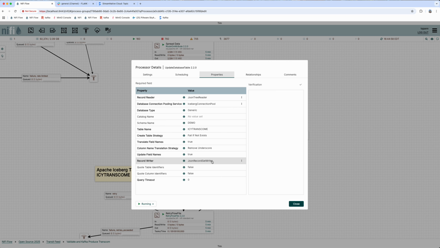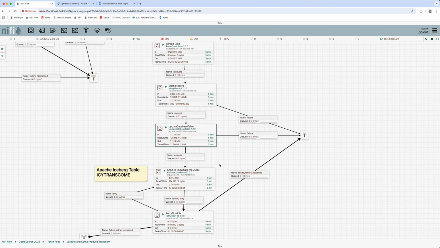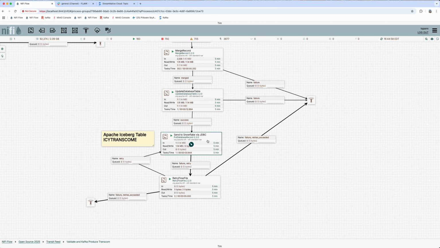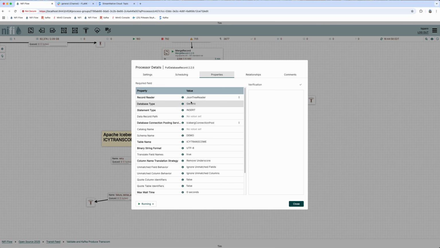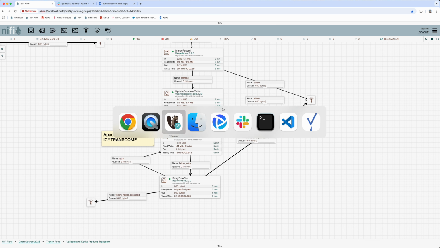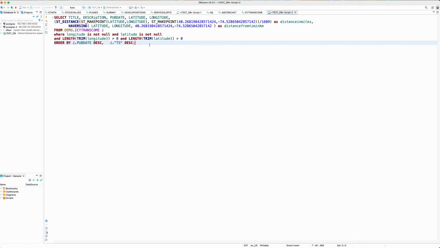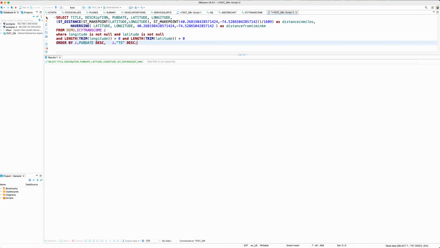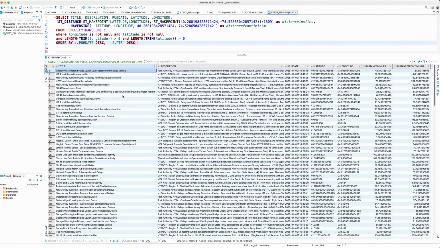And as you can see here, nothing's hard-coded, no SQL. It just reads in the JSON, prepares it as inserts, and then in the next step, does the insert into that Iceberg table, and it completes. And then we could see that by doing a query here from my handy-dandy free SQL editor here, and I'm just looking at the title,